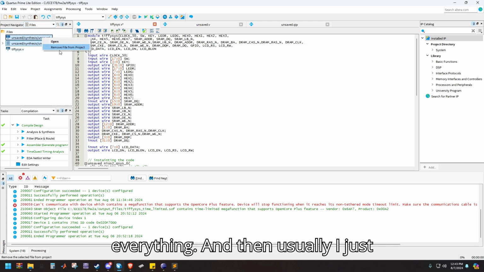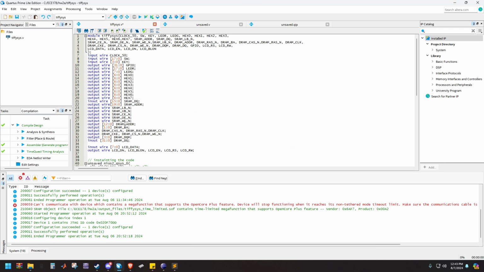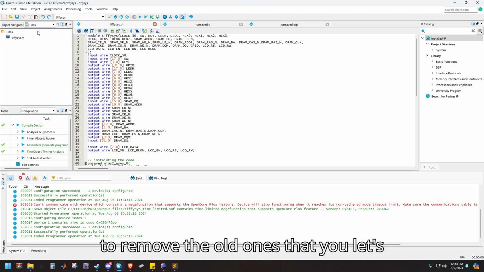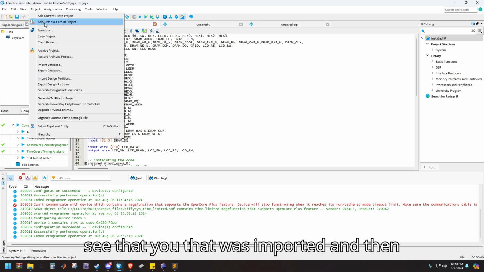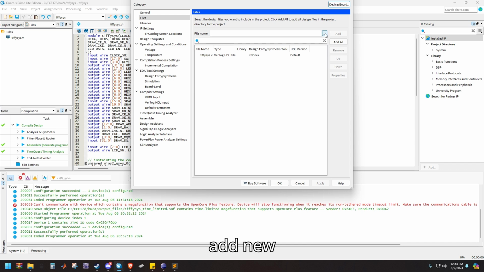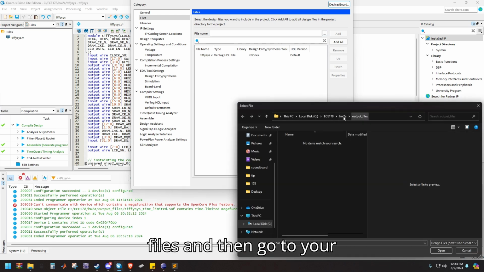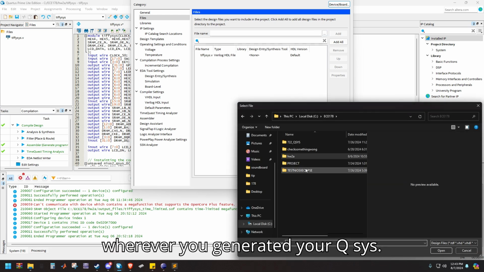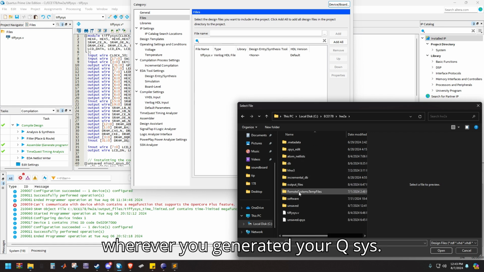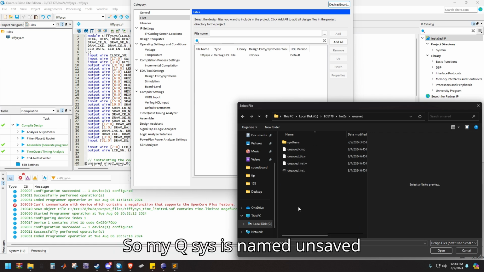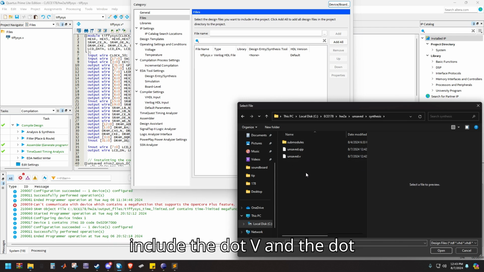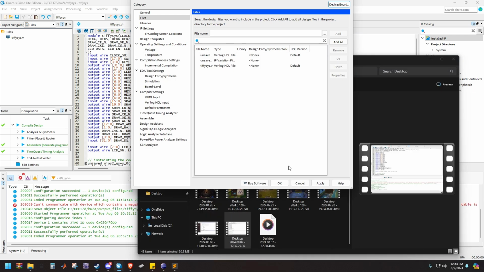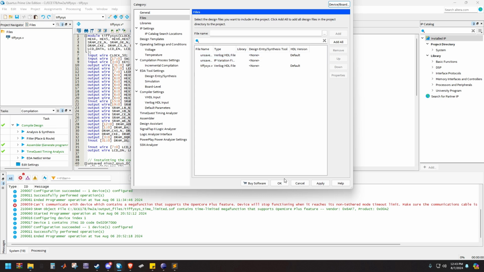And then usually since you generate a new file, you want to remove the old ones that were imported, and then add new files, and then go to wherever you generated your Qsys. So my Qsys is named unsaved, and you go into synthesis, and you want to include the .v and the .qip files. Oops, excuse me. And then